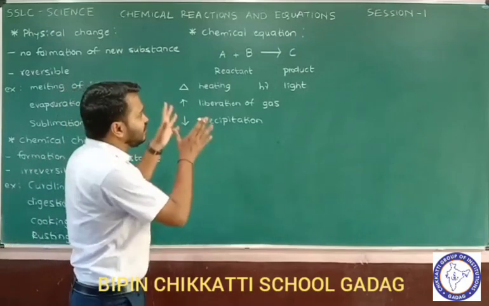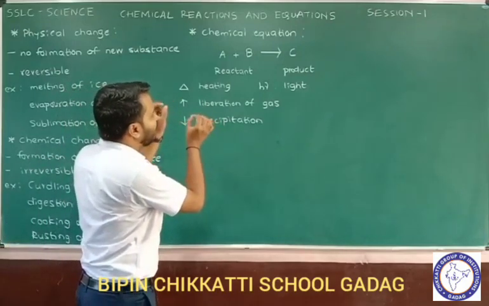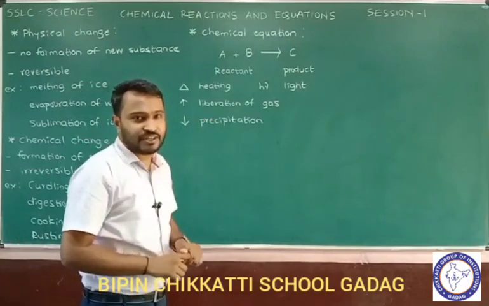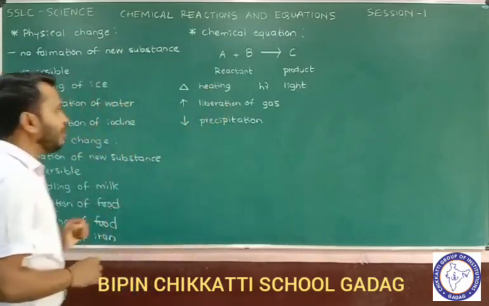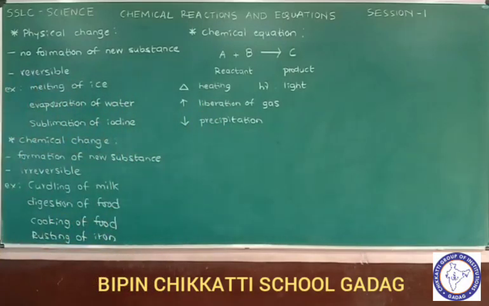Okay, so now this is the fundamental concept of writing the chemical equation. Now we'll see one particular example by conducting the experiment, and how we are going to convert the chemical change into the form of a chemical equation. So let me consider one simple experiment, a simple activity you can say, and here I am going to represent